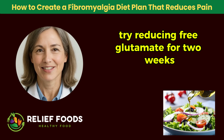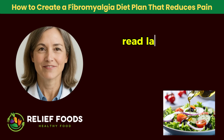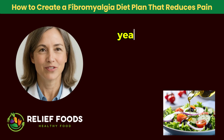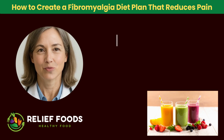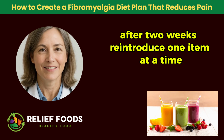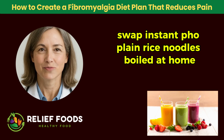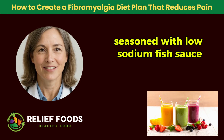Try reducing free glutamate for 2 weeks to remove the sparks. For 14 days, read labels and avoid MSG, aspartame, hydrolyzed protein, yeast extract, and ultra-savory bottled sauces. Cook at home with salt, pepper, garlic, and low-sodium soy sauce or coconut aminos. After 2 weeks, reintroduce 1 item at a time to see which foods trigger flares. Swap, instant pho, plain rice noodles boiled at home plus homemade chicken stock seasoned with low-sodium fish sauce, ginger, and